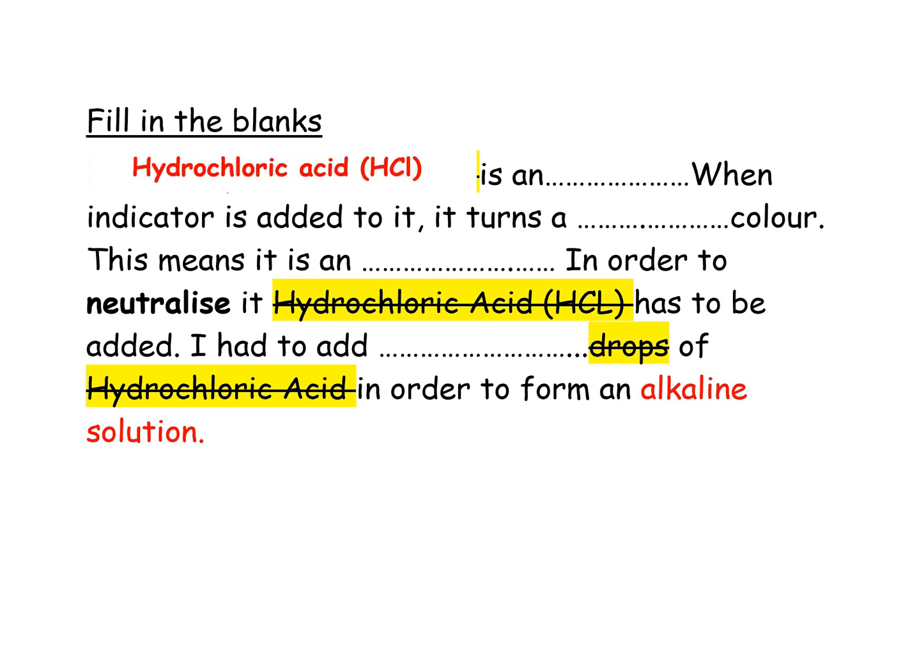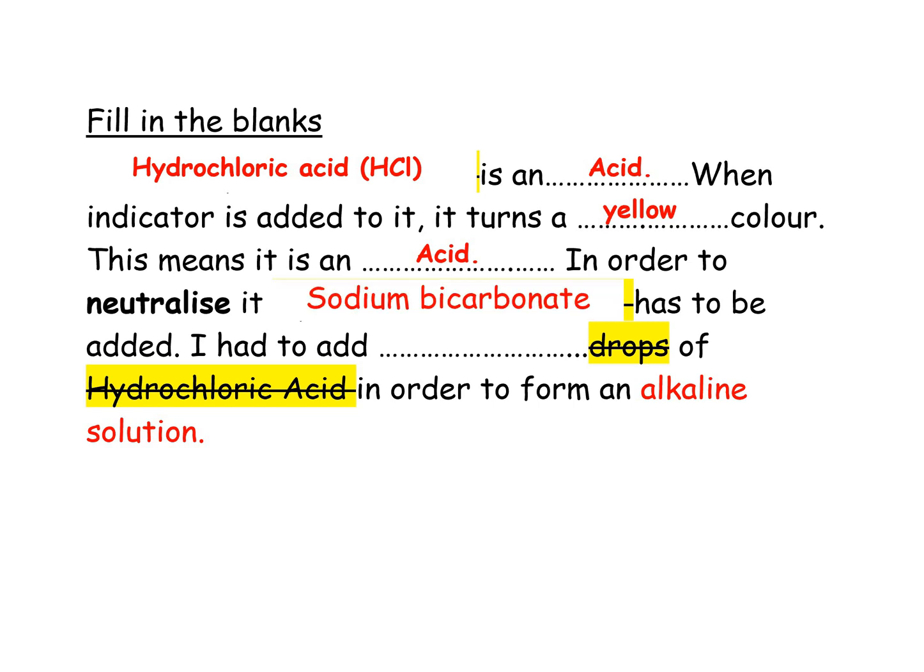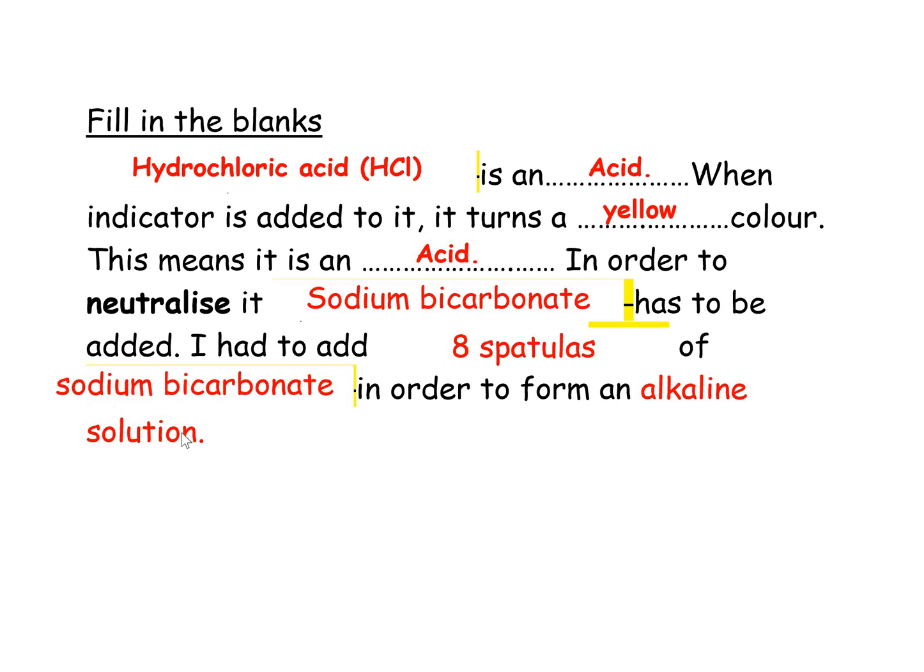So to start with, it should be hydrochloric acid, which is HCl, capital H, capital C, little l, and that is an acid. When indicator is added to it, it turns a yellow colour, which means it is an acid. In order to neutralise it, sodium bicarbonate has to be added, and you have to add 8 spatulas instead of drops of sodium bicarbonate instead of hydrochloric acid in order to form an alkaline solution. This last bit has been cut off a bit in your booklets, so make sure you